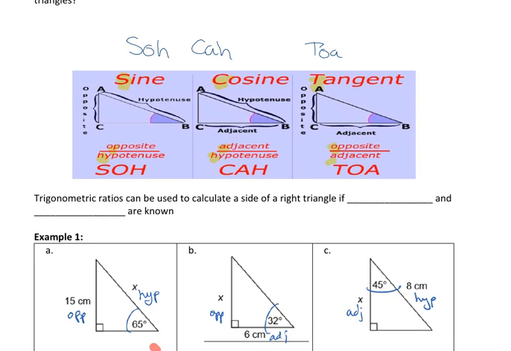So, if you know a side and an angle in a right angle triangle,